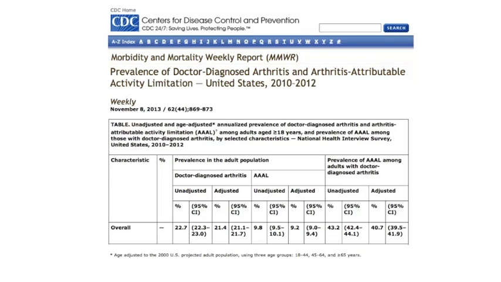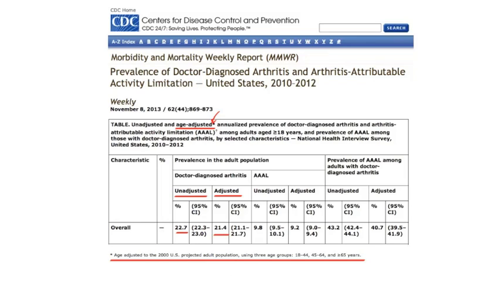Now I'm going to call attention to a phrase that's asterisked in the table description, age adjusted. And then you go down to what it's referencing, and it says age adjusted to the 2000 U.S. projected adult population using 3 age groups. Then if you look within the table, you can see that there are columns for unadjusted and adjusted values. For example, the unadjusted prevalence of doctor-diagnosed arthritis is 22.7%, and the adjusted prevalence of doctor-diagnosed arthritis in the adult